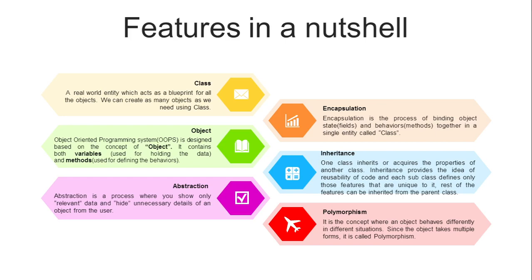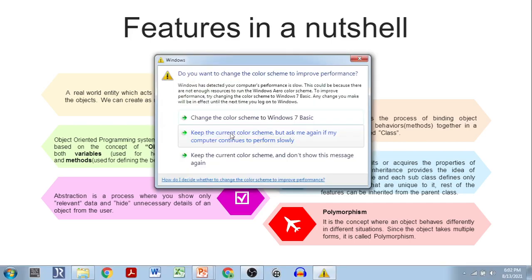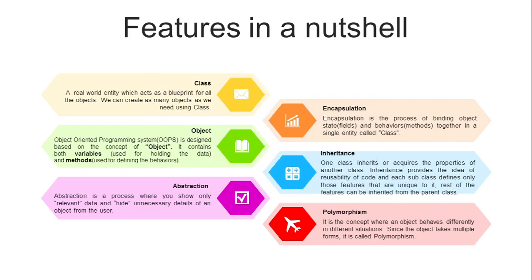So a class can be used to create many objects. So even an object can inherit the property of another object. Yes, so that is one of the features of the Java programming language, and is a feature of any of the object-oriented programming languages, inheritance.